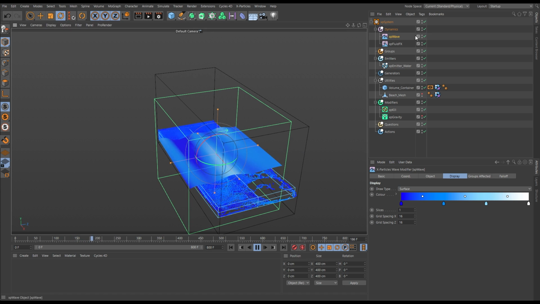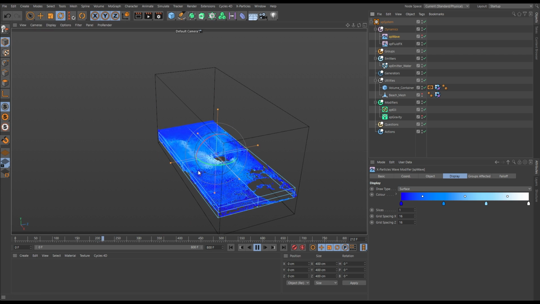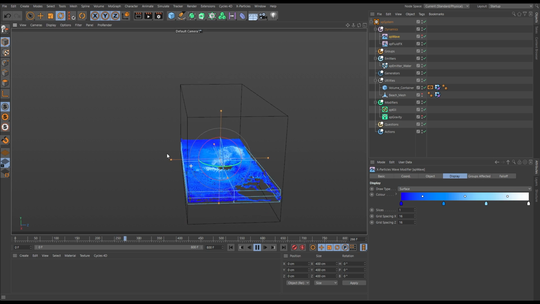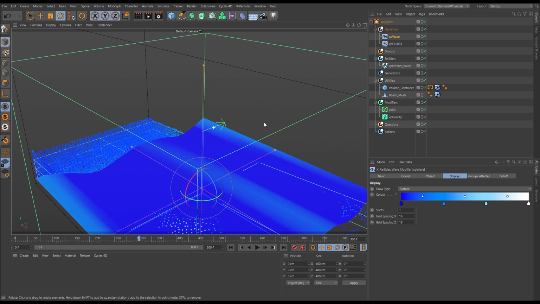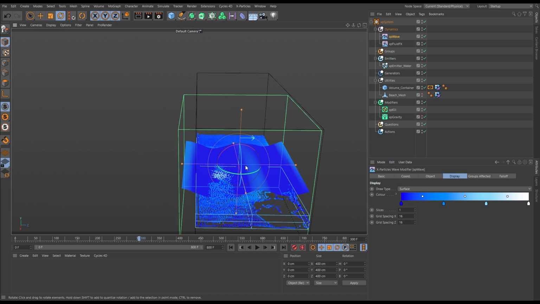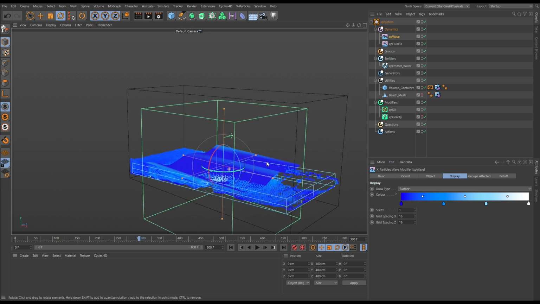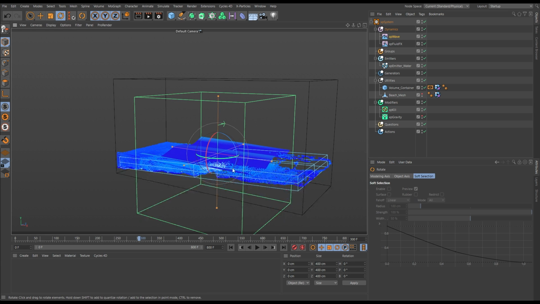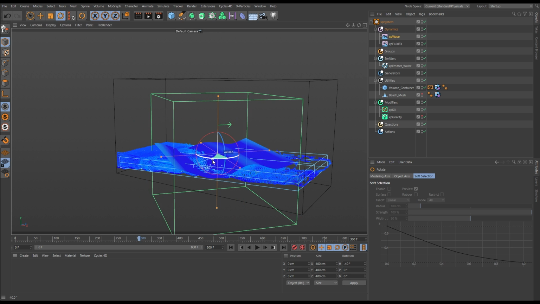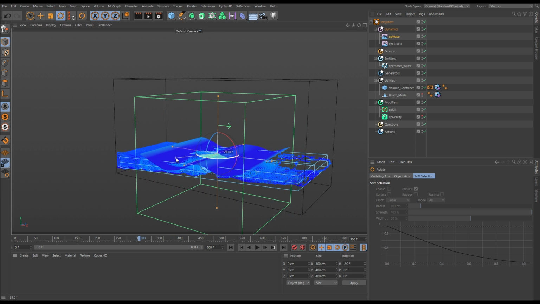If we make it invisible for a second, you can see it's affecting our water. The waves are going in that same direction. So we're creating some waves, they're just going the wrong way at the moment. Let's reactivate our wave. You can see there's a green arrow here, which is showing you the direction in which those waves are going, and that's always in the +Z. So what we need to do is rotate this. Let's hit R for the rotate option, hold shift, and rotate it by -90